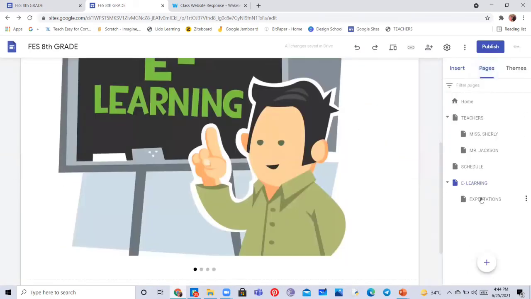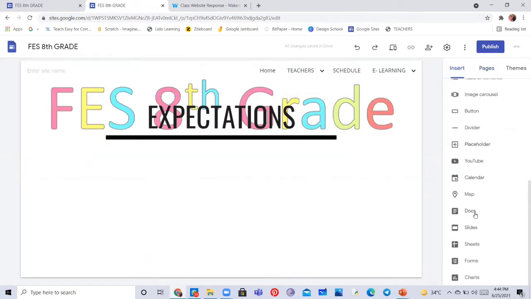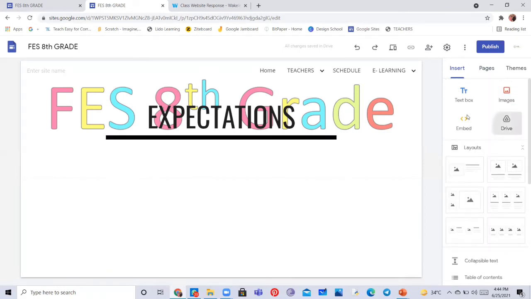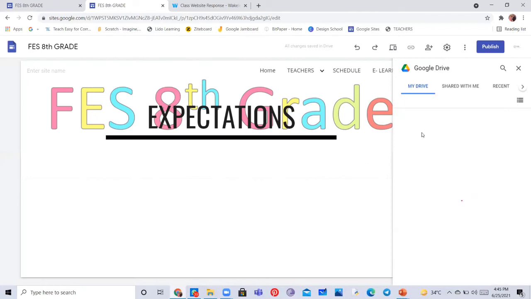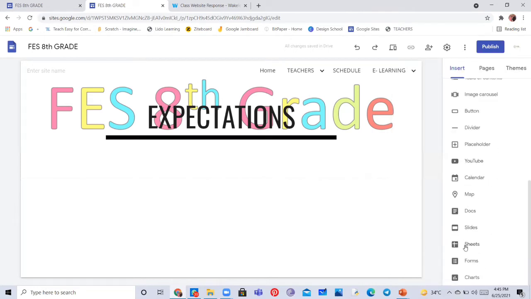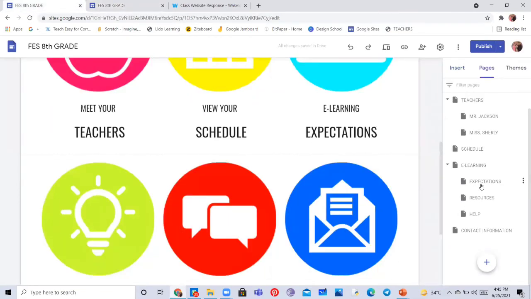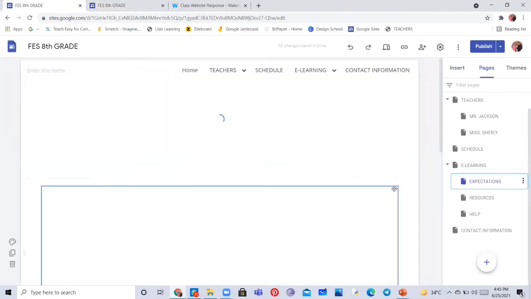And now moving on to the expectations, we will be uploading a Google Docs. You can directly upload from Drive as well if you want. So I have already created a file on my Drive. On this, we can upload from Google Forms, any kind of form if you want to upload, or if you want to upload any kind of docs or slides, you can even do that, or sheets as well. So I'm going to insert it from here.